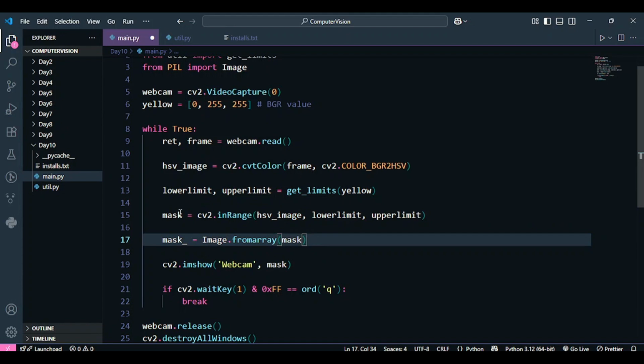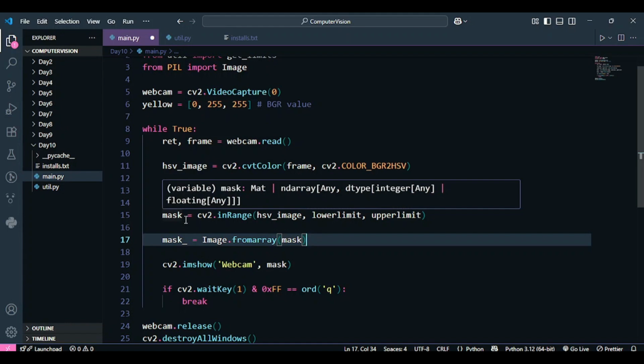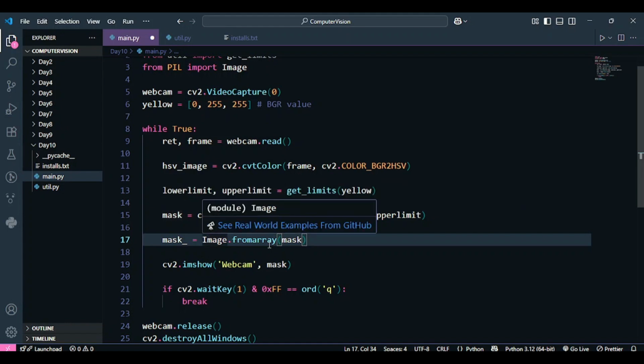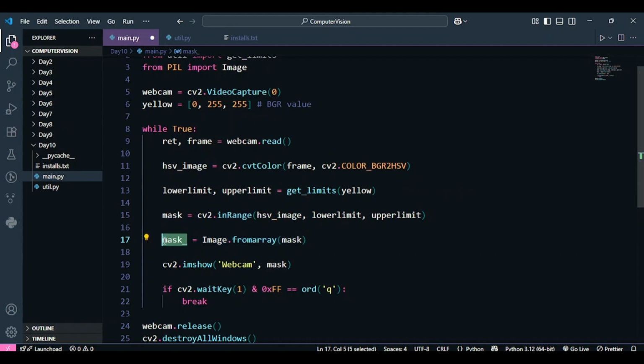By default, any image in OpenCV is a numpy array, right? So we are going to convert the numpy array into a Pillow object, and we're going to call that object mask underscore.